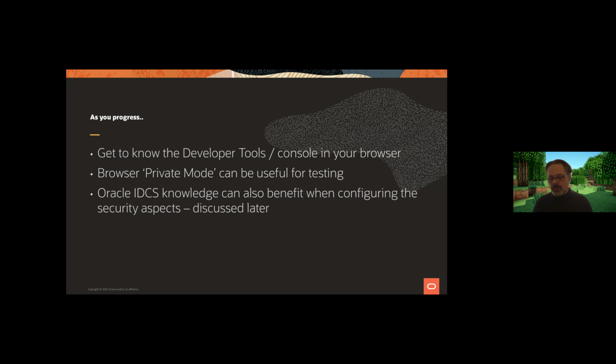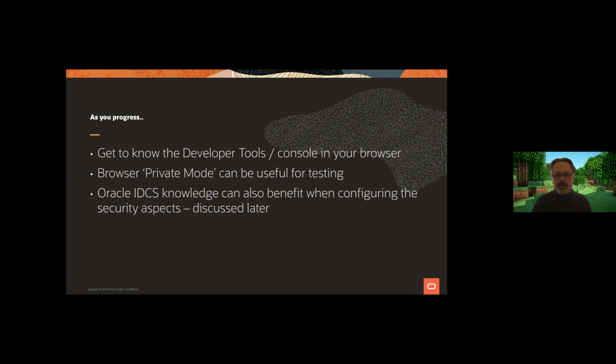As you get through the progression of the embedding experience, get to know the developer tools console in your browser. It can be that you've created something and you open it up within your browser from your localhost and you don't see anything. So the developer tools can be extremely useful, especially the console, for seeing any kind of back-end warnings or error messages. So if you didn't set up your CORS configuration with your safe domains, then if you open up the console within your web browser, you will potentially see warnings or errors within there. And again, that can be helpful for